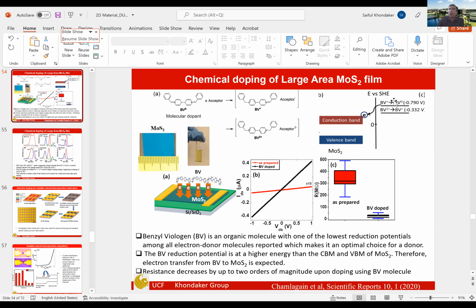So basically the point is that their band scenario is such that some of them will be able to give electron and some of them will be able to take electron, just because of the way that the bands are aligned, not because of the way that they chemically interact. Most of the time, they do not chemically interact with two-dimensional materials. You could, though, functionalize the material to do a chemical interaction, okay? There is work going on.